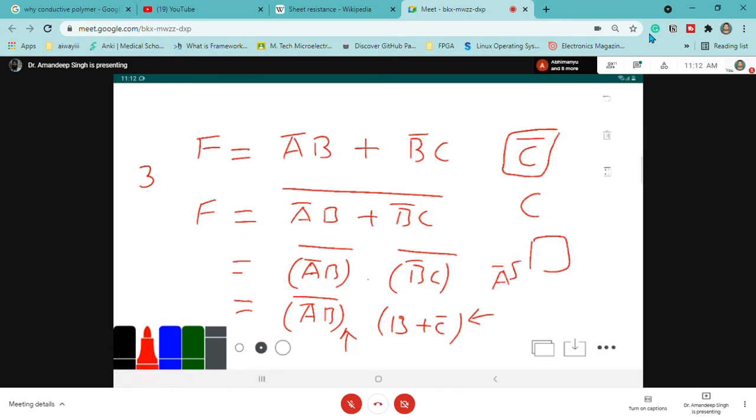Okay, what does it mean? Suppose you are making A bar into B. So A bar into B, if you are using A bar into B with NMOS. Let us suppose A bar into B, and this is A bar, this is B with NMOS, where this is the pre-charge circuit and this is the evaluate circuit, which is connected with phi. So this A bar, you need to implement this A bar. This A bar should be with PMOS.